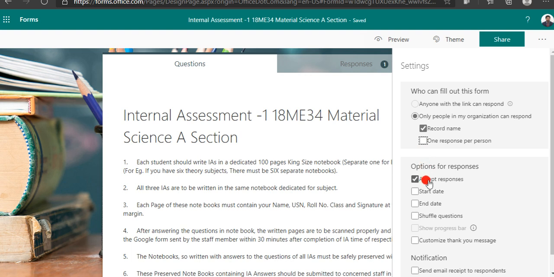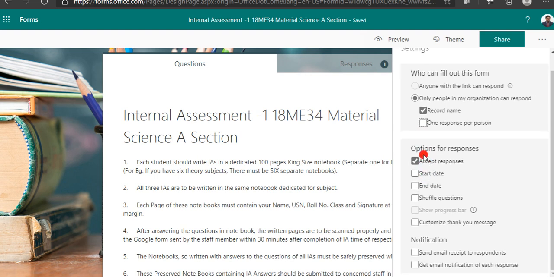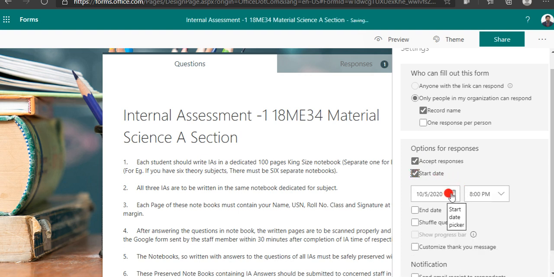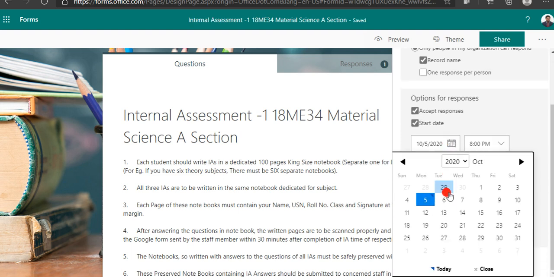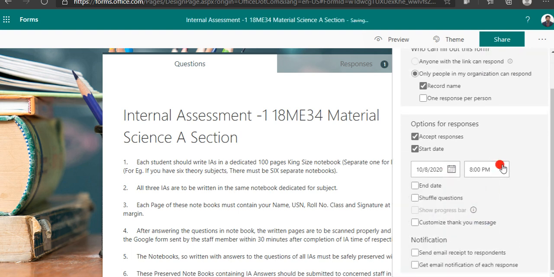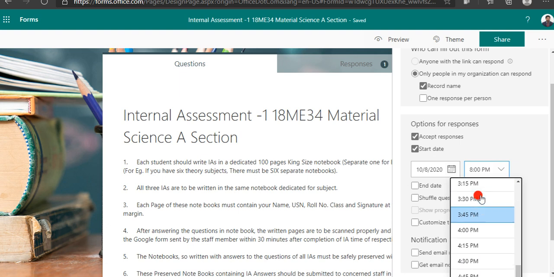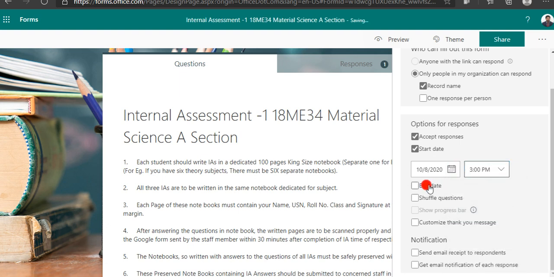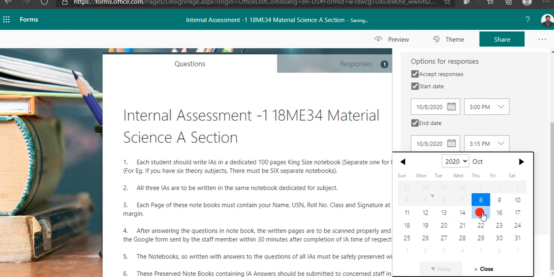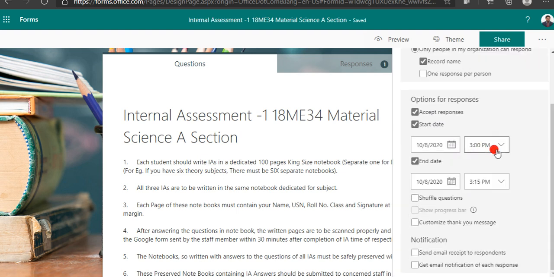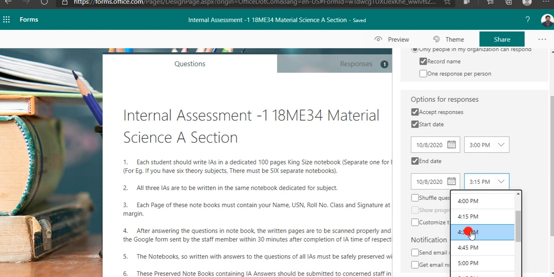Then the accept responses option is one of the best options here that I have found. For the options for responses, there is the start date, where you can mention whenever your internal assessment is. I will give it now as 8th October, and it will start at around 3 o'clock, then it will end on the same date at around 4:30 or 4:45.